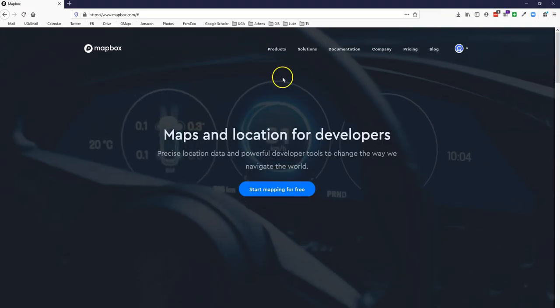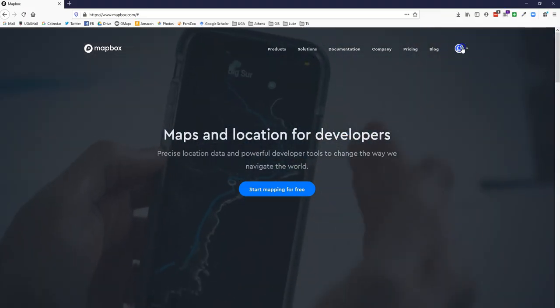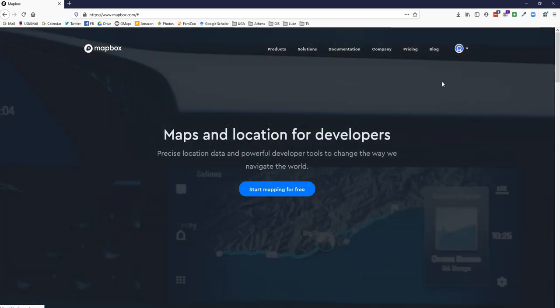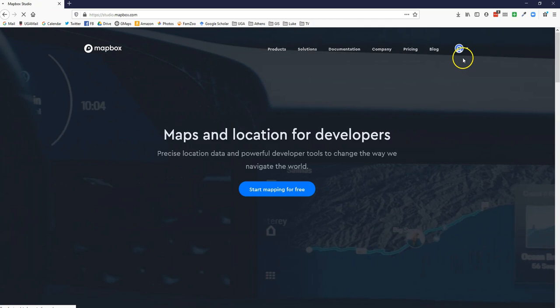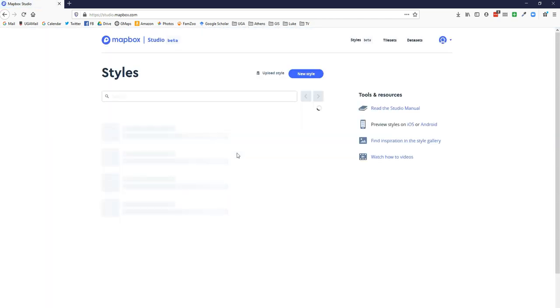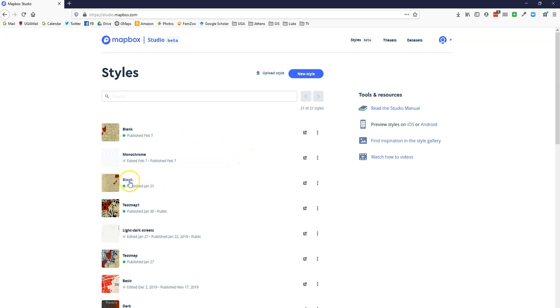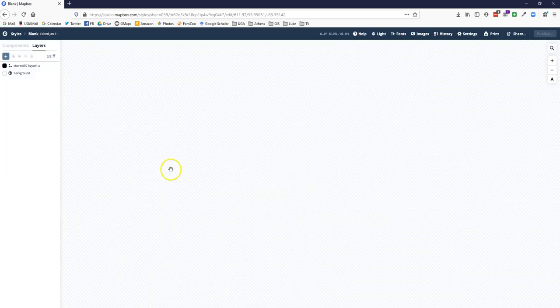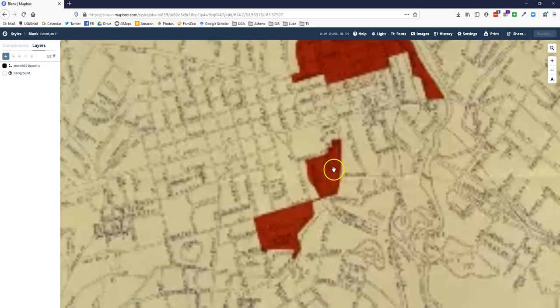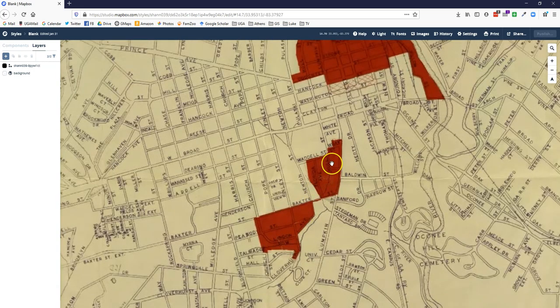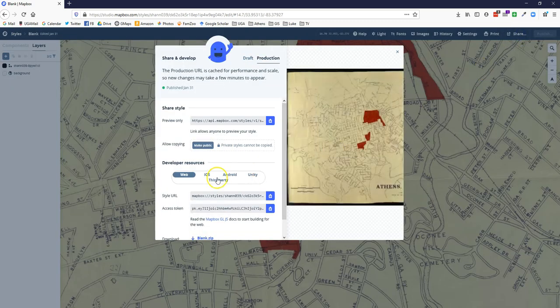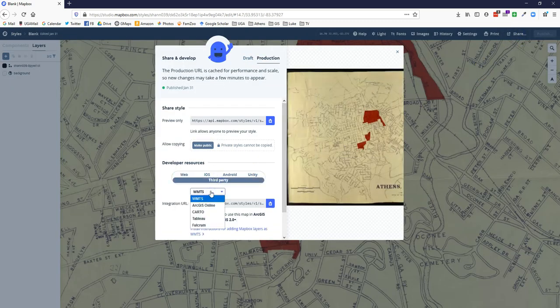I'm going to pull over a window here. This is the Mapbox website. That's a separate set of tutorials. But if I go to my studio account, you can see there's a couple of different maps I've already uploaded that have raster tiles. This is a historic map from the time period. This is actually the region that we're looking at for the redevelopment. Now, if I wanted to use this as a base map, all I have to do in Mapbox is go under Share, go under Third Party, and you'll see Tableau is actually listed here. I'll go ahead and copy that,